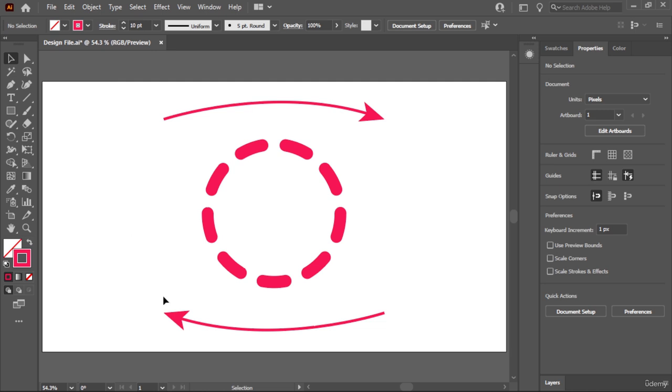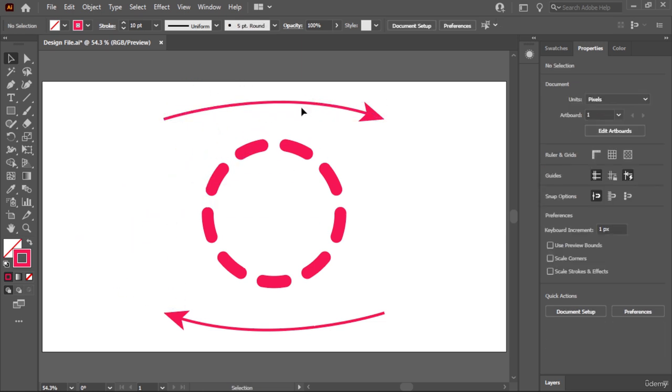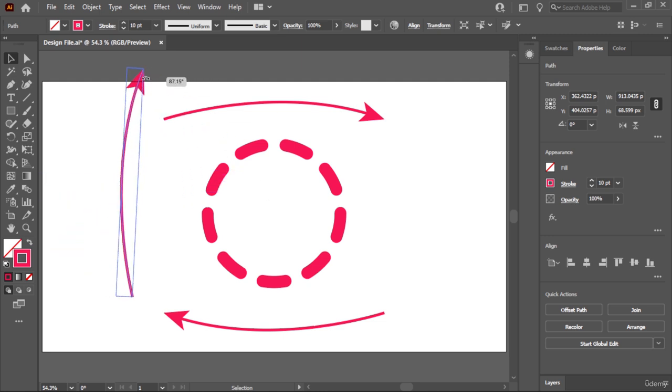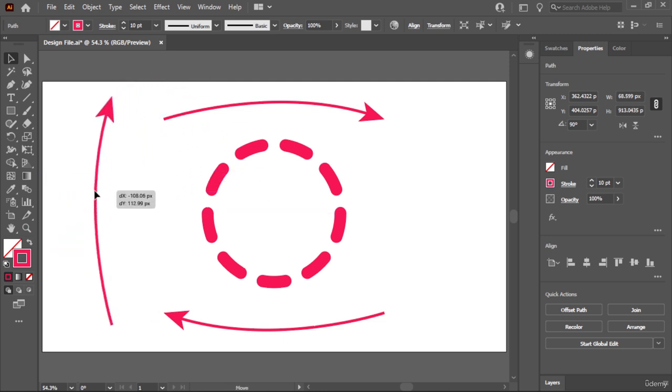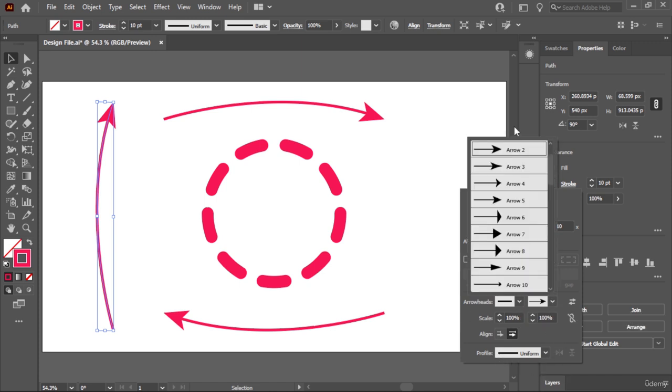And also you can see that there were some lines on the side. So let's create another stroke, or just simply copy this one and rotate it. How did I copy this one? Even though this is an advanced course, I think there might be people who might not know about this. Simply select anything, press Alt or Option, and drag. This will make a copy, and let's put it over here and click on stroke. And apart from arrowheads, there are also other options, profile options. So let me remove the arrowhead,